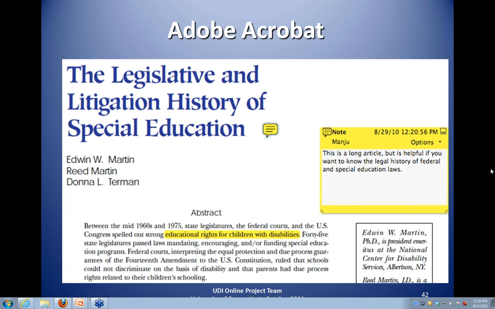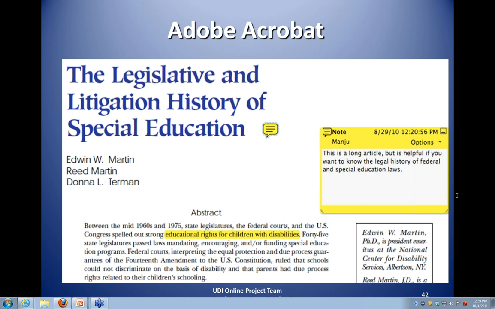But to answer your question, highlighting creates flexibility in use, for example. So for students who have difficulty with visual processing, the highlighting helps draw attention to what is important and what the faculty member wants that particular student to focus on within a syllabus or within a text that they are required to read.